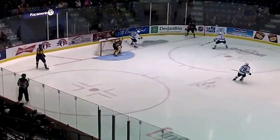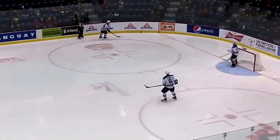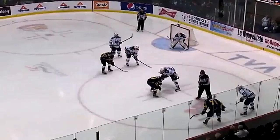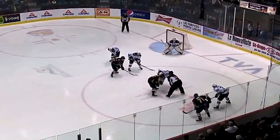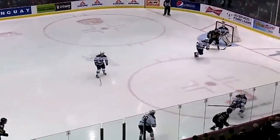Pour les Cats, remet à Evan Scott, à Denisian, fait simplement dévier la rondelle dans le territoire de l'Océanique. La Berge qui retraite, venir chercher cette rondelle. La Berge derrière avantage numérique, ils ont créé l'égalité 1-1 dans une telle situation avant de prendre les devants seulement quelques secondes plus tard. La mise en jeu, c'est Beauvillier à pousser derrière à l'abbé, remet la bande à Beauvillier